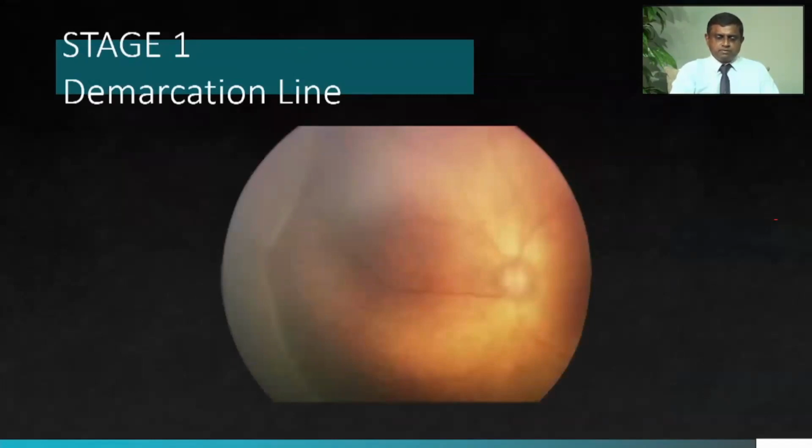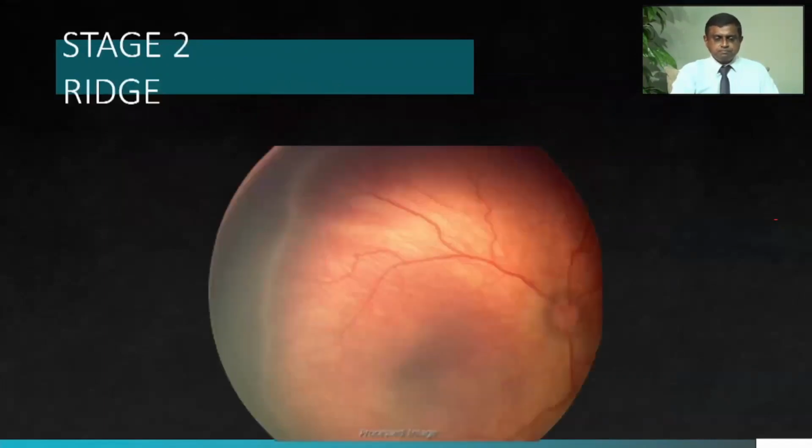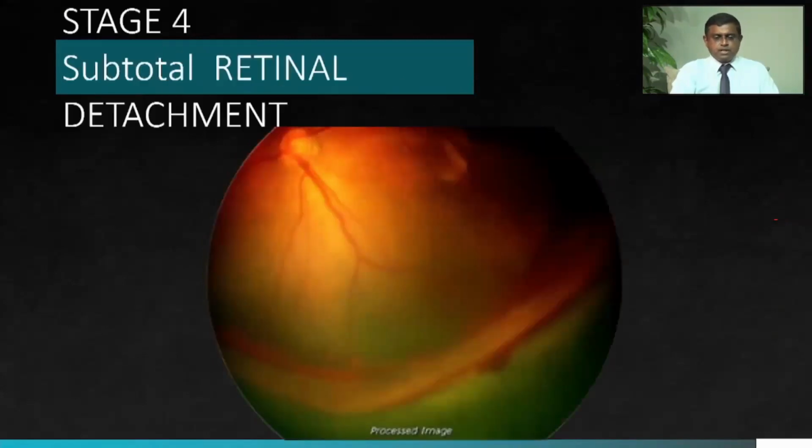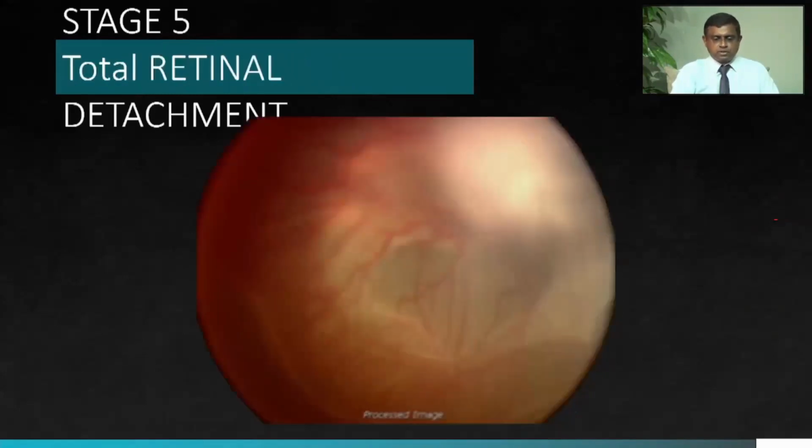There are several stages. Stage 1 is only a demarcation line between the vascularized and avascular retina. Stage 2 is a little bit of exudates along the demarcation line. Stage 3 is neovascularization or retinal vascular proliferation, abnormal proliferation in the vitreous. And when it goes to stage 4, it's a subtotal retinal detachment, and stage 5 is total retinal detachment, where